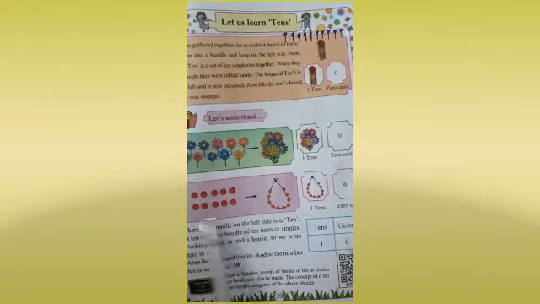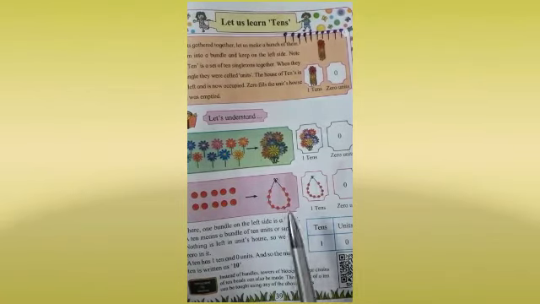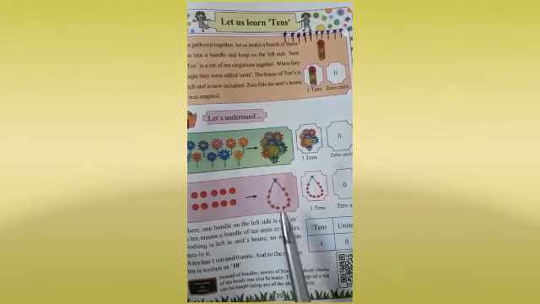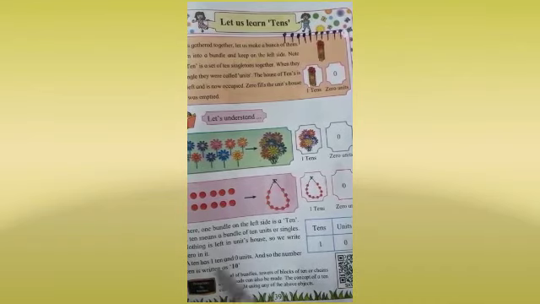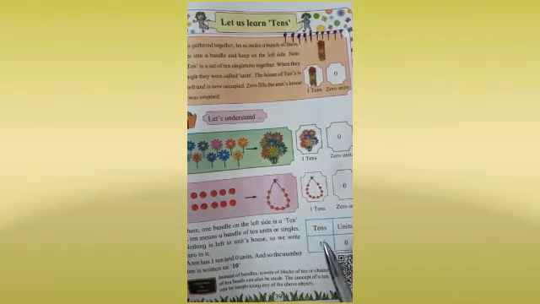When the objects are loose and not together, they are called units, and when the objects are together, we say it is 1 tens. Okay, only one necklace has been prepared, so it is 1 tens. And how are we going to write it now? See here, 1 tens, 0 units.